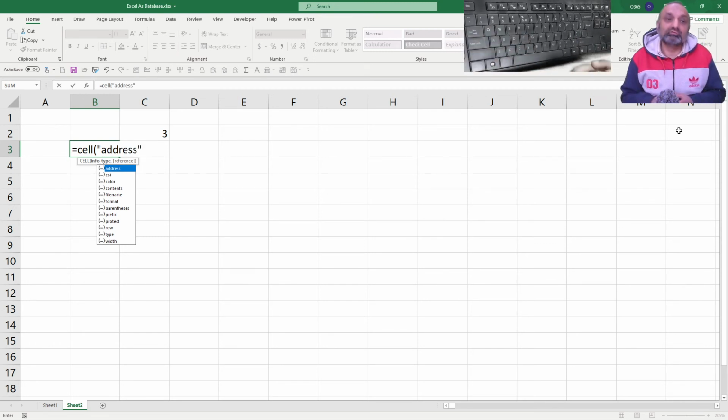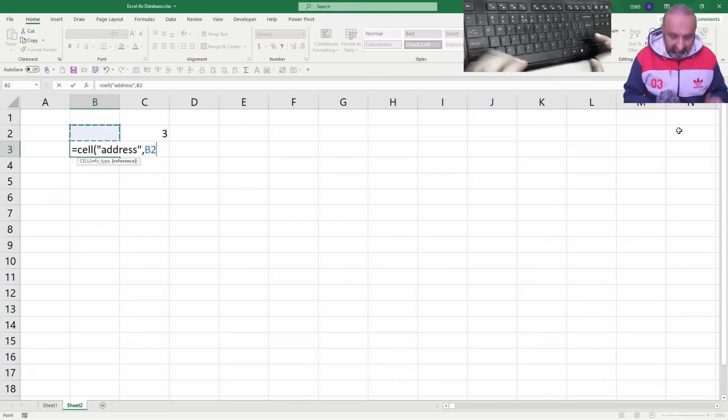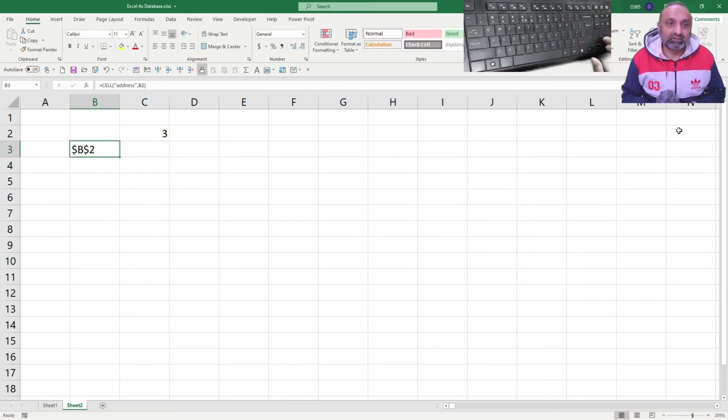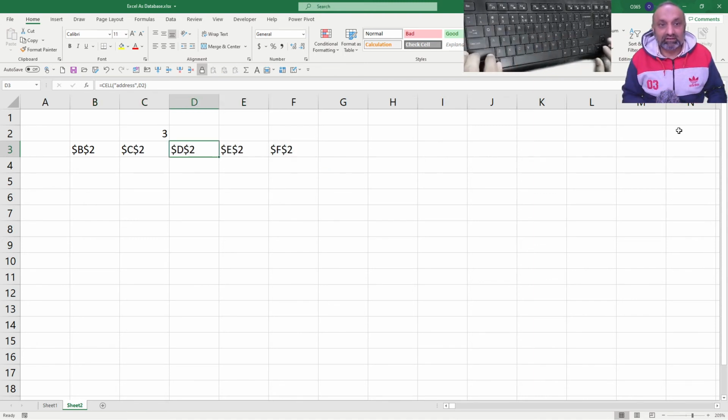So I want to know the address of a cell, comma, and the reference is B2. Answer would be $B$2. The benefit of this function is that if I copy this over columns, I will get the cell reference of the whole column. Now I want to get the column reference out of this address.